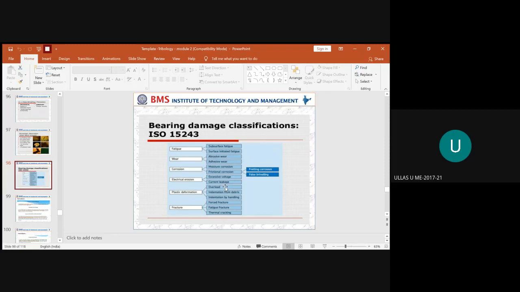Okay, so if any component is given, these are the reasons due to which the rotating component could be damaged. So you should classify in fatigue which are the types, in wear which are the types, in corrosion which are the types, then do the analysis and provide a solution. This is just a small example for you to understand how to categorize, classify and do the analysis.